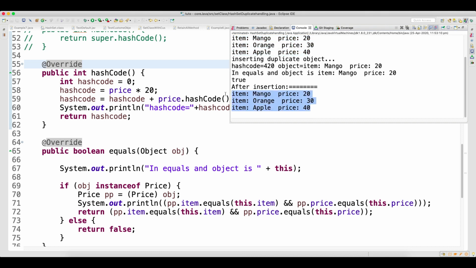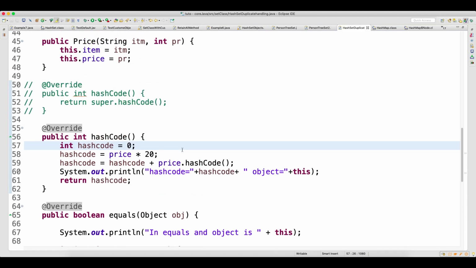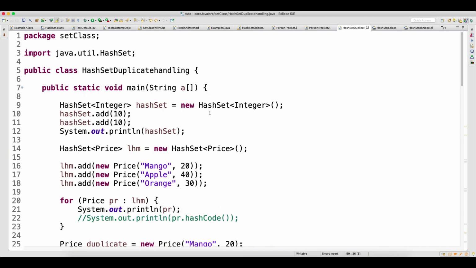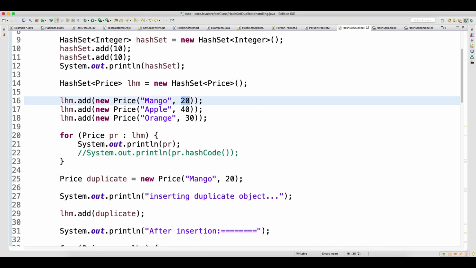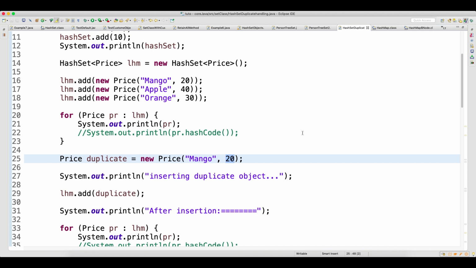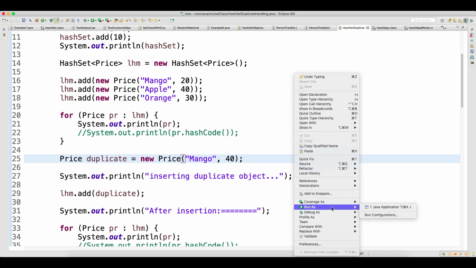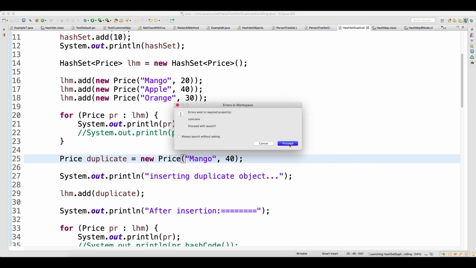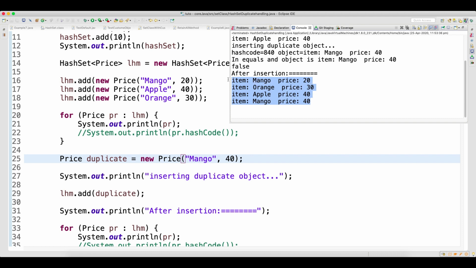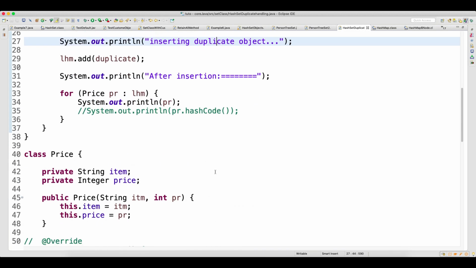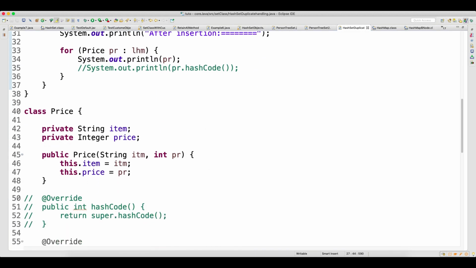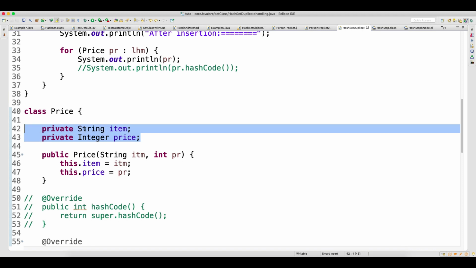You can see that before it was mango, orange, apple, and again mango, orange, apple, because when I generate the hash code for the price also, we are inserting 20 only the next time. Now somebody will be curious and ask, what if I change the price? When I change the price, definitely this will get inserted. One more mango got inserted, because this is a different flavor of mango. This is not the same mango. Your one mango had a price of 20, now you have a different mango of price 40, right? So when you change the price, yes, things will change.